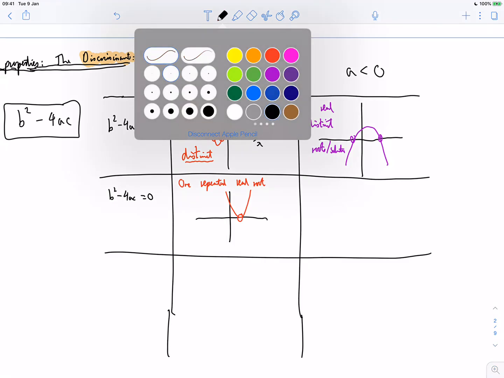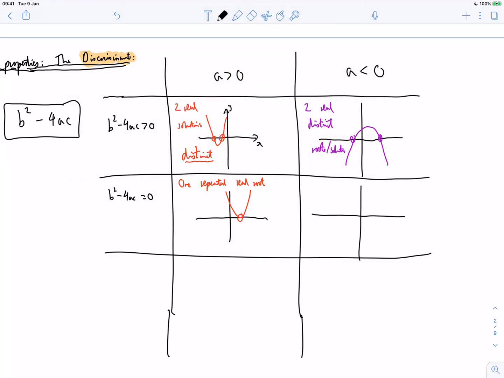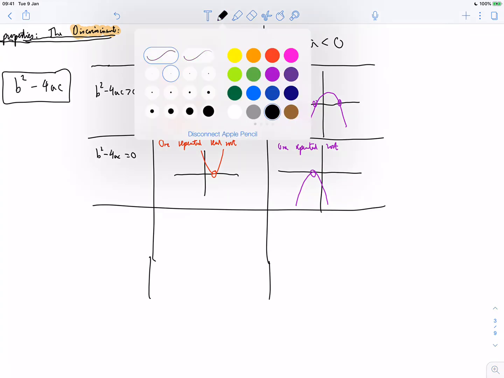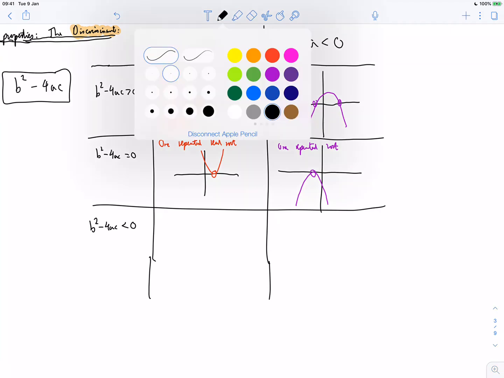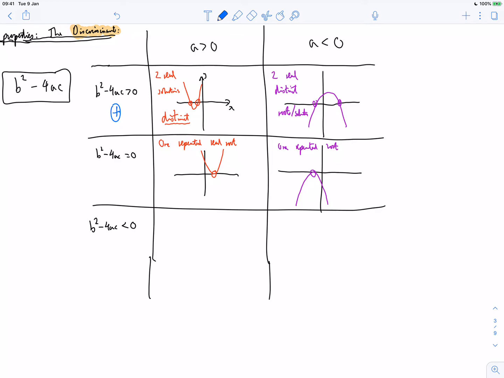And then you're probably guessing what's going to happen here. If a is negative, then what we're going to have is a negative parabola. Doesn't matter where it is translated left to the right, but the important feature is it only touches the x-axis once, and there's going to be one repeated root. Okay, and now what happens when b squared minus 4ac is negative? So there are three cases: when it's positive, when it's 0, or when it's negative. Now when it's negative,